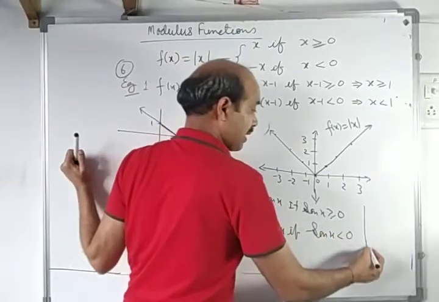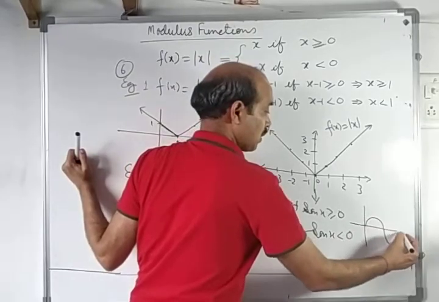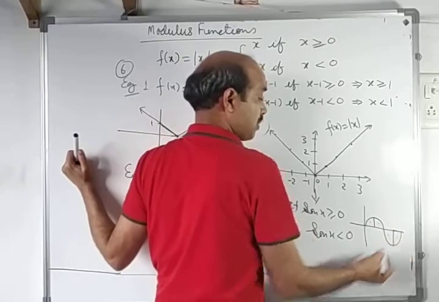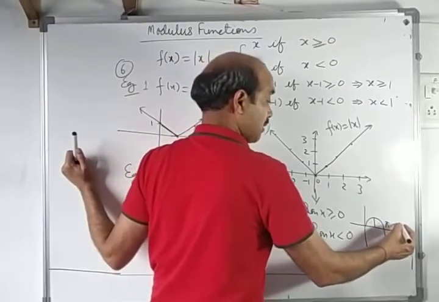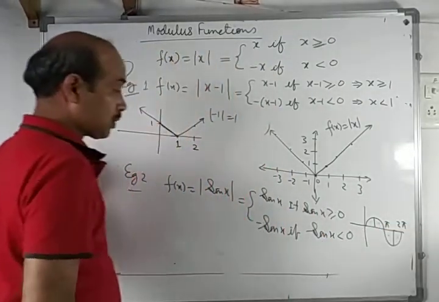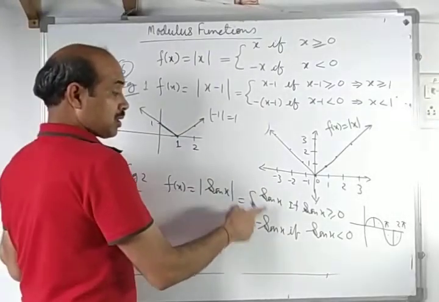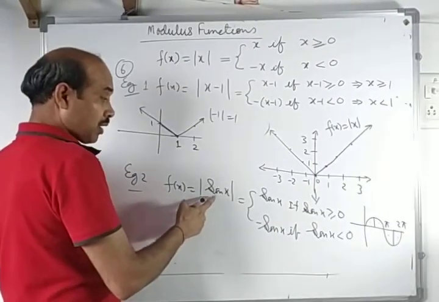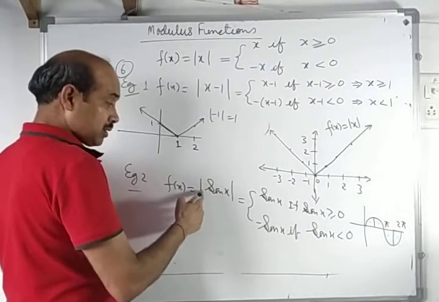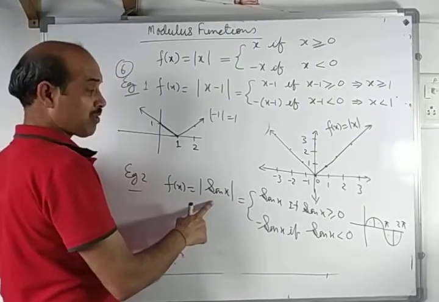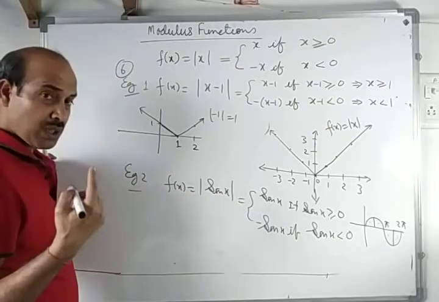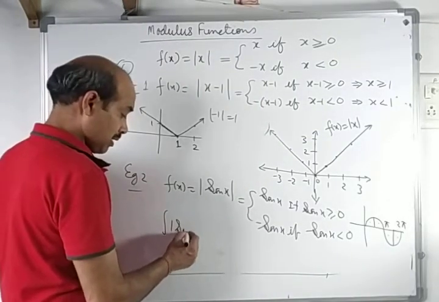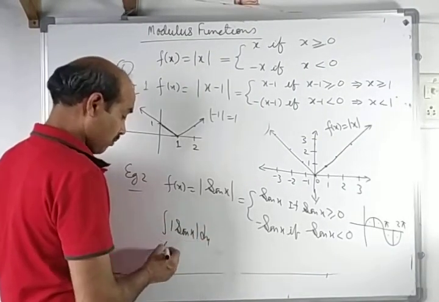This is the graph of sin x. In the first and second quadrants it is positive, in the third and fourth negative. This is pi and this is 2 pi. So this will be split in this way, when sin x is positive. If in case we have to get the integration of this from 0 to 2 pi,